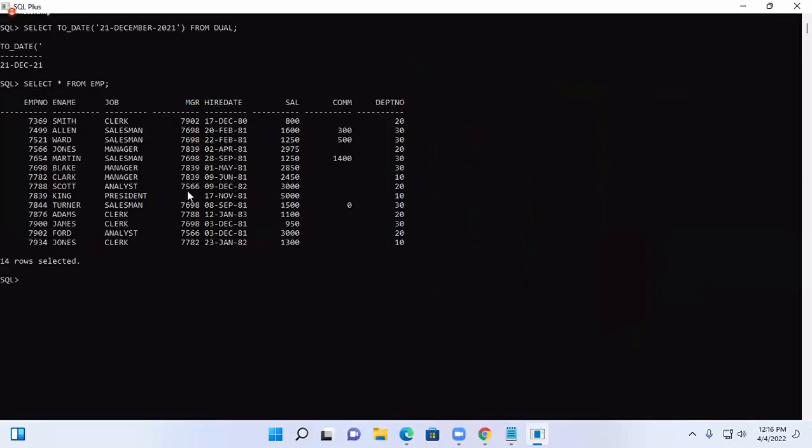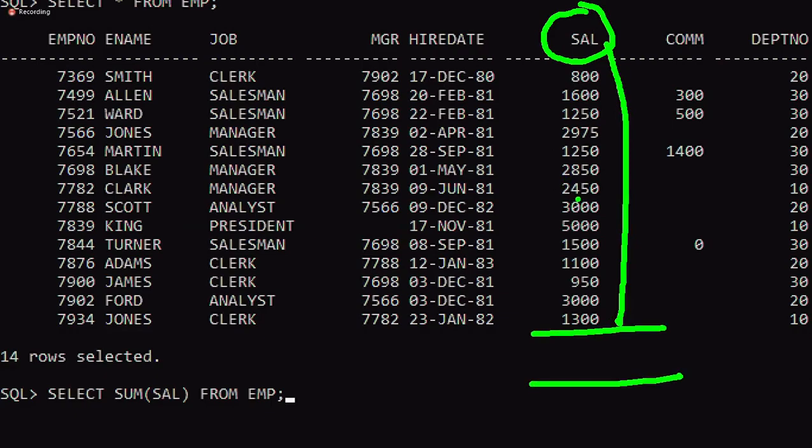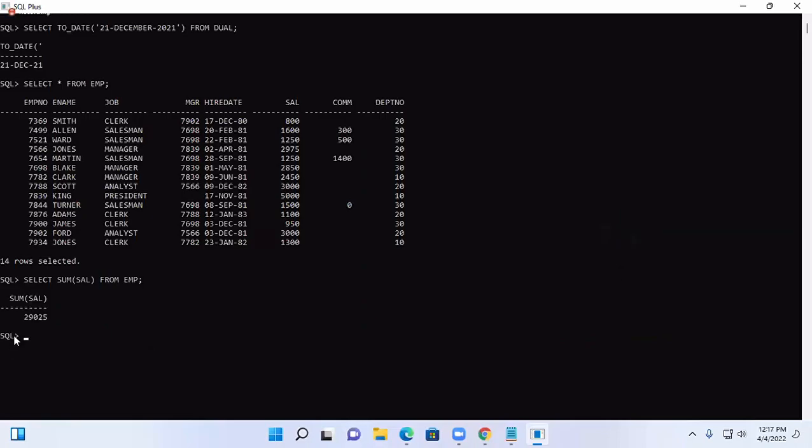How much? If I want to calculate, I simply use here select sum of this function on which column you applied here, the column name salary. And now what it will do, guys, whatever values are there in the sum column, each and every value is going to be summed together. And after summing together, the total final salary will be displayed here. So that is the sum function, all employees total salary